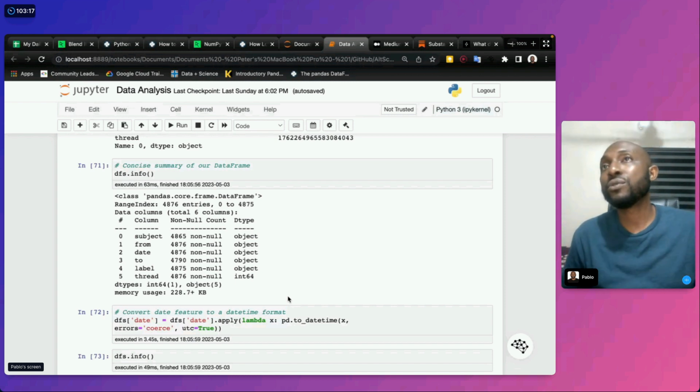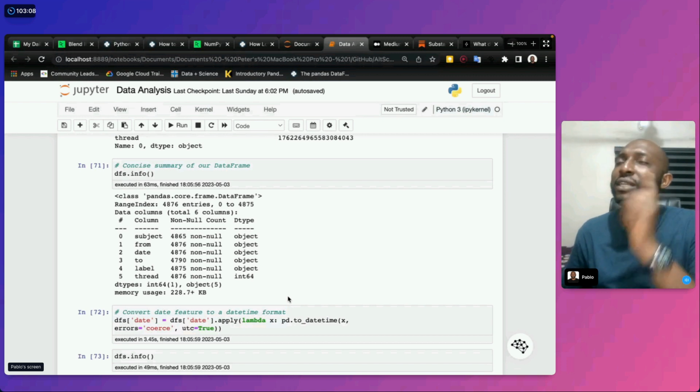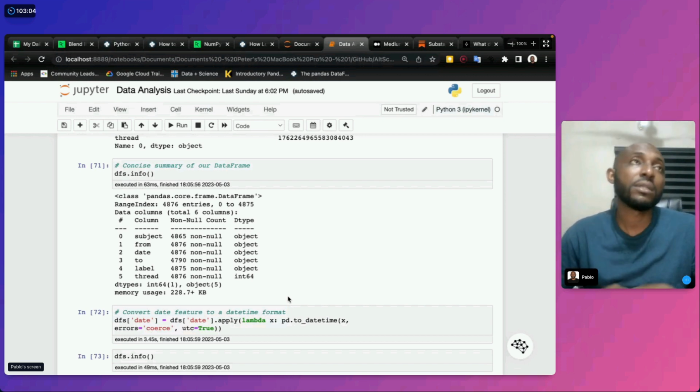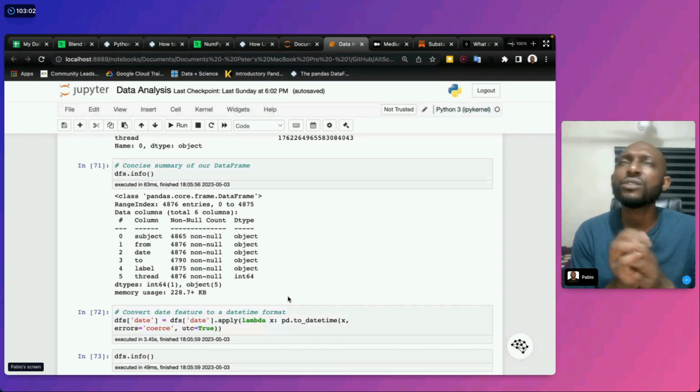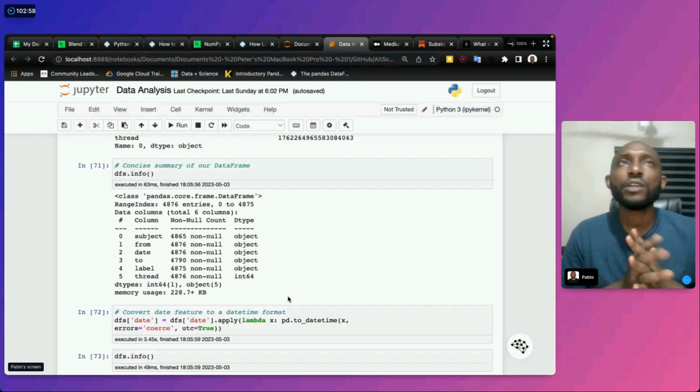It's kind of what you do when you get to Stack Overflow. By the way, do you know that Stack Overflow has a data science part of it? I think it's called Data Science Exchange or something, because Stack Overflow is like an exchange. But yeah, look it up if you can.